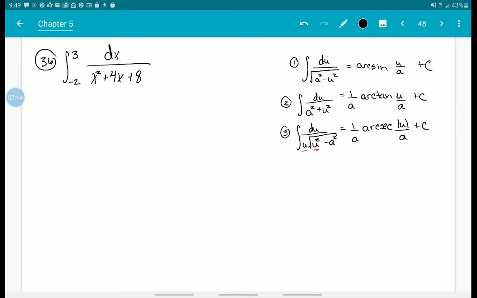So let's look at a few more. And the next two, we're going to have to complete the square. So our goal is to take this guy and tweak it to look like that arctan formula. And to get it in that form, we've got to figure out what our u squared is. And that's where completing the square is going to be really important. So if you remember completing the square,